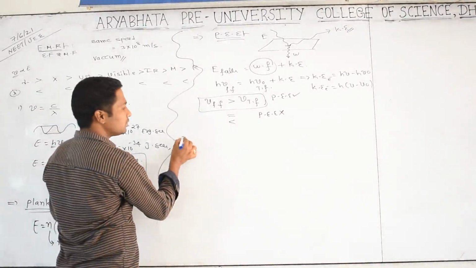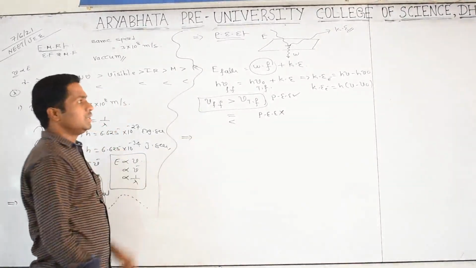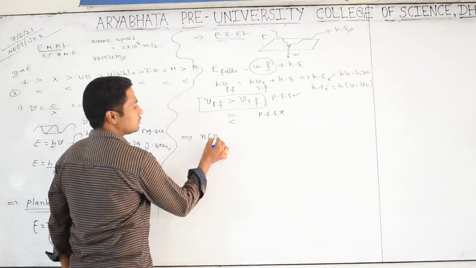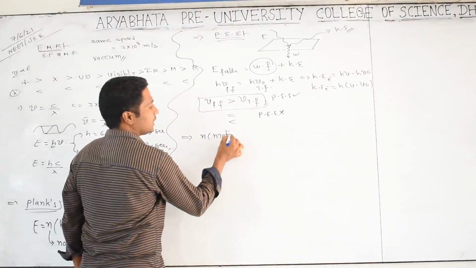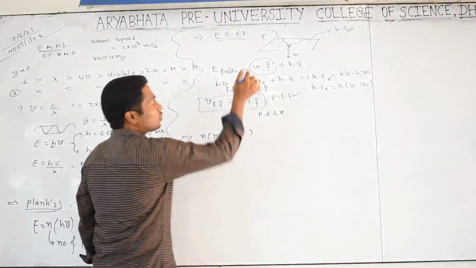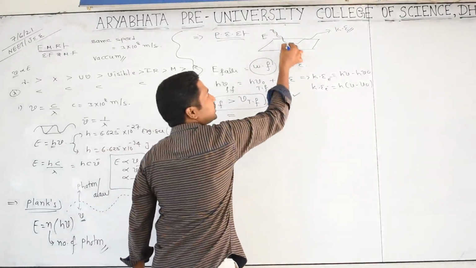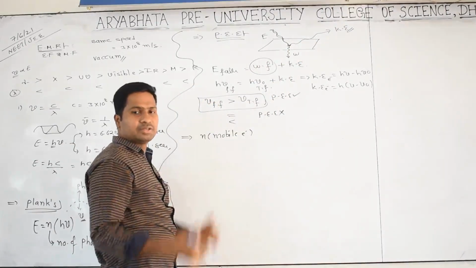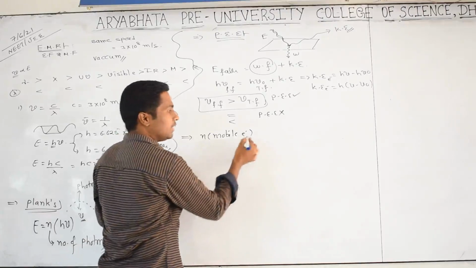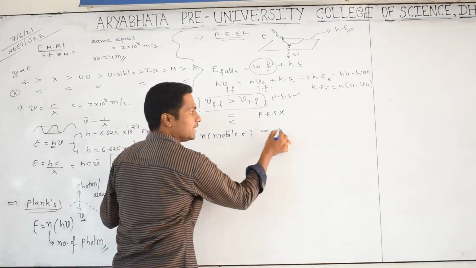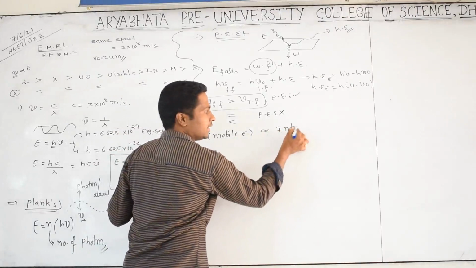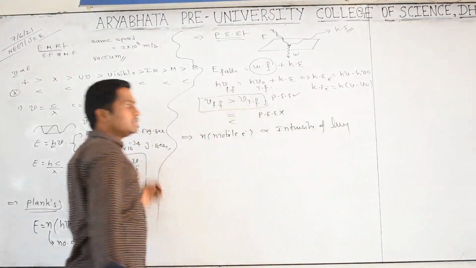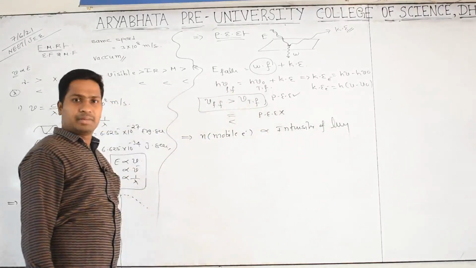We can go for some other things, under this one, the number of mobile electrons. By falling one radiation, we are getting one electron outside. Like that, if you are falling n number of radiations, then you get n mobile electrons, which is nothing but the intensity of light. More intensity of light is falling, more electrons will be coming outside.